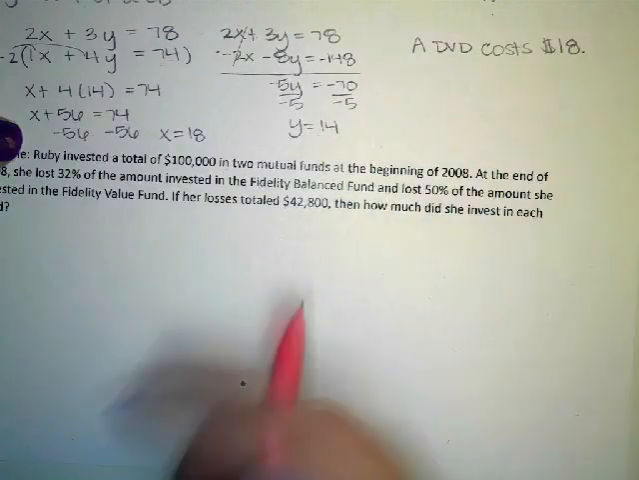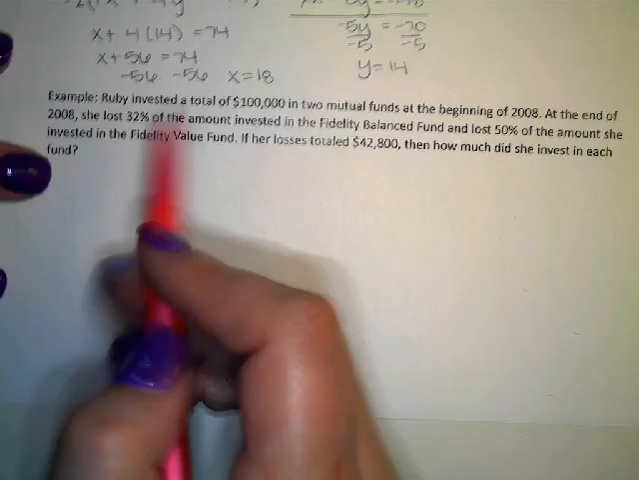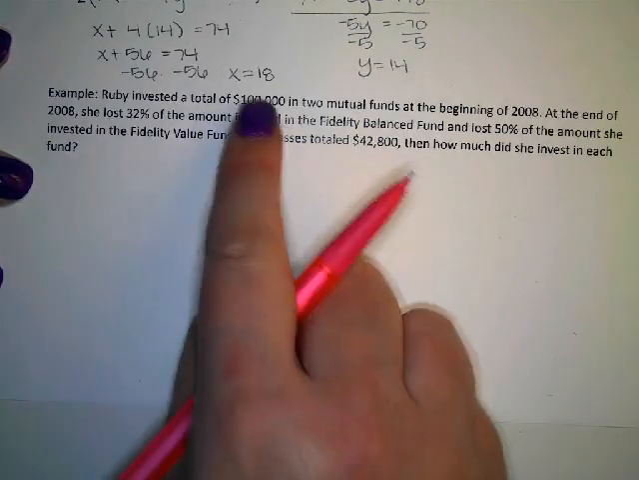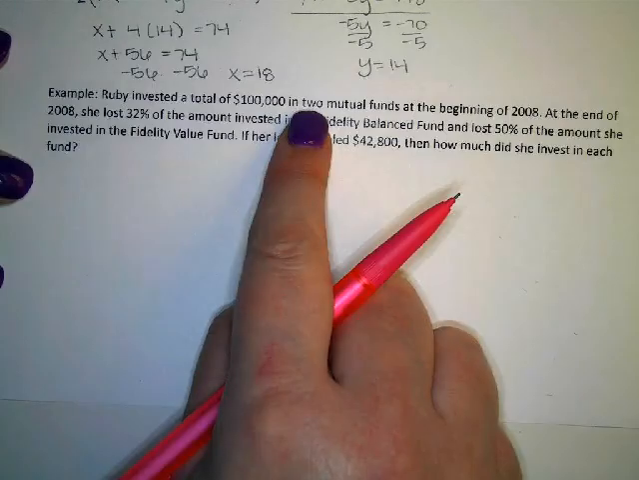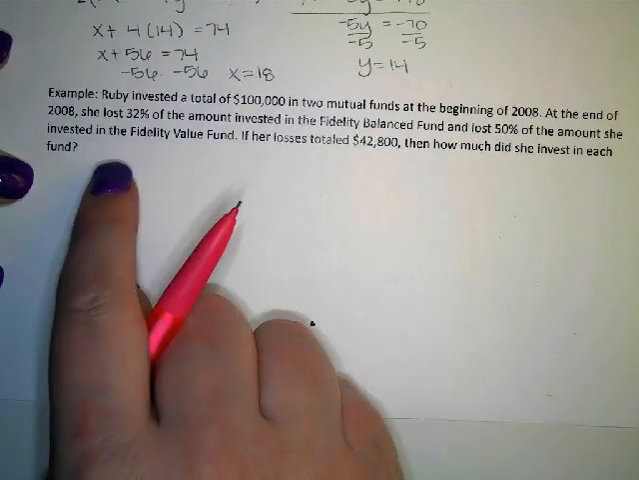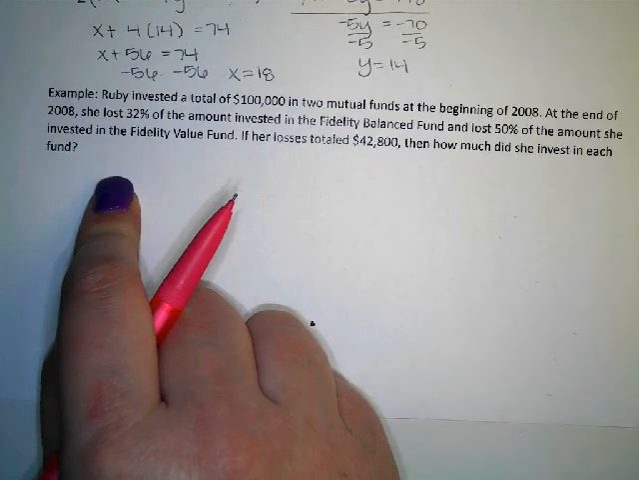Okay. Next example. Ruby invested a total of $100,000 in 2 mutual funds at the beginning of 2008. At the end of 2008, she lost 32% of the amount invested in the Fidelity Balanced Fund and lost 50% of the amount she invested in the Fidelity Value Fund. If her losses totaled $42,800, then how much did she invest in each fund? So I have to define my variables first. I have to think about what they equal, and